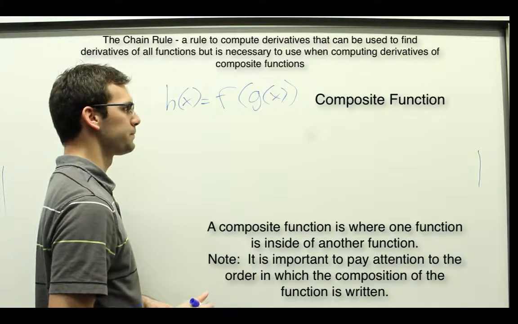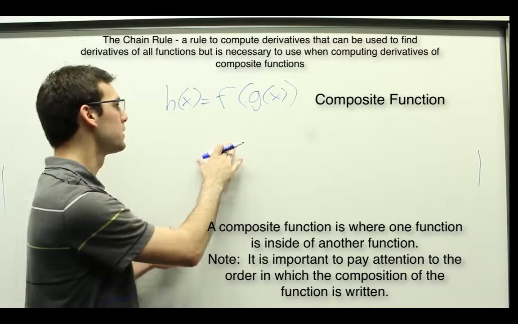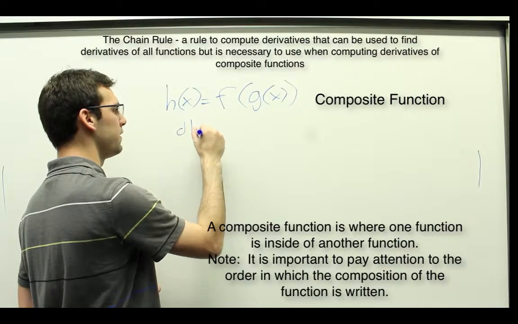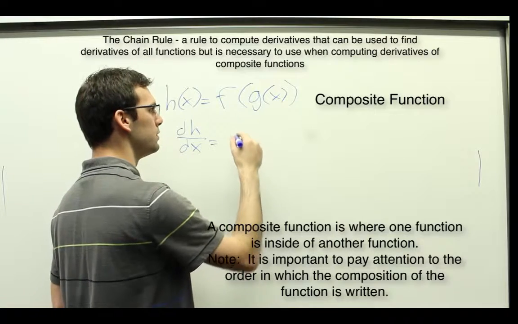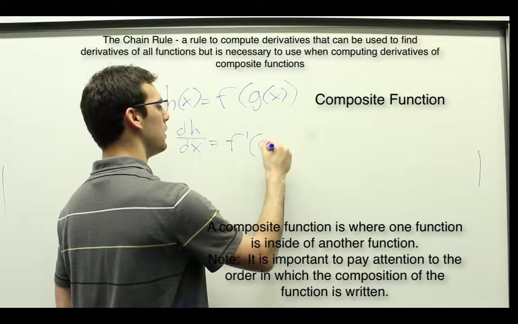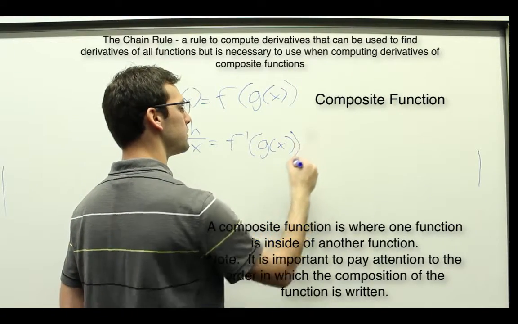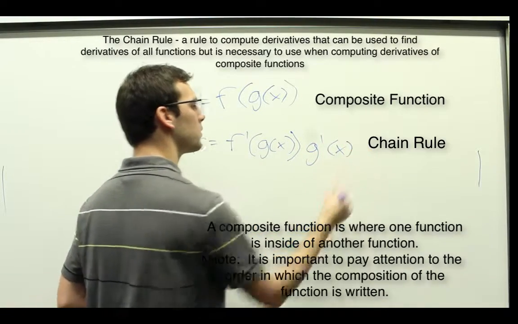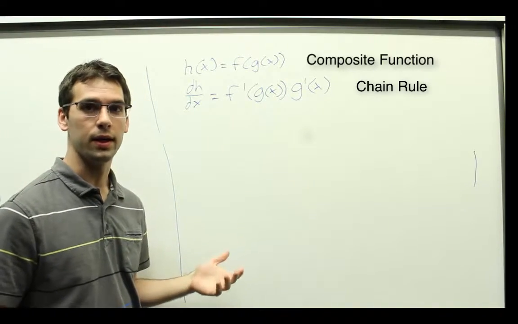Then the chain rule says that the derivative of h with respect to x is equal to f prime of g of x times g prime of x. Okay, so now let's go ahead and apply this rule to an actual problem